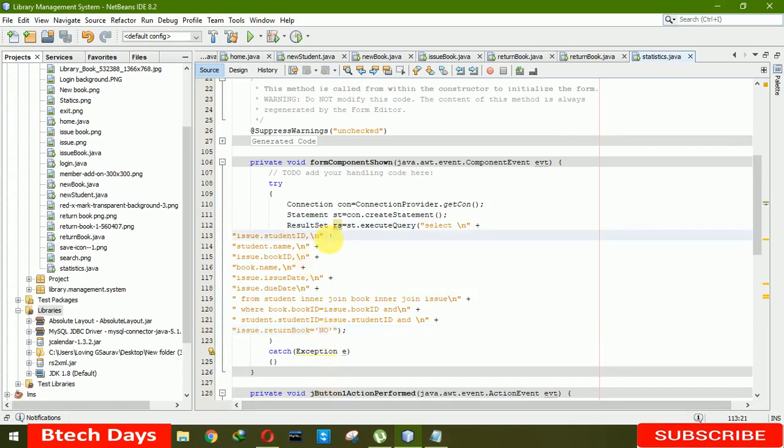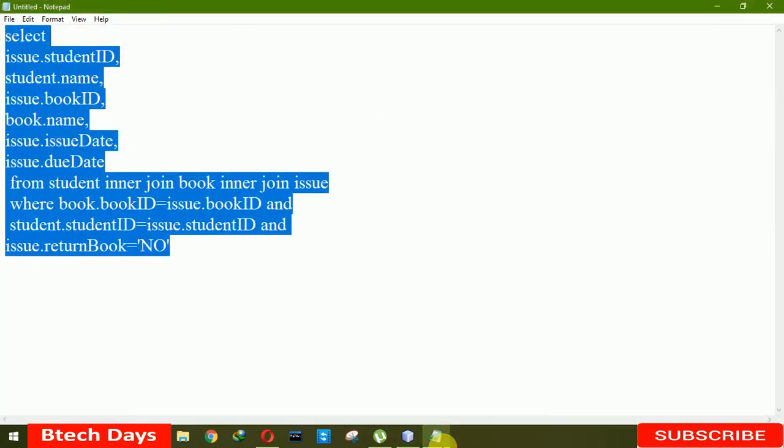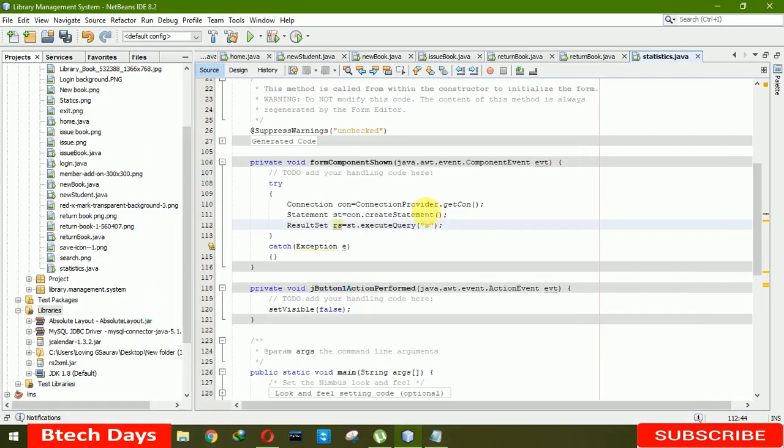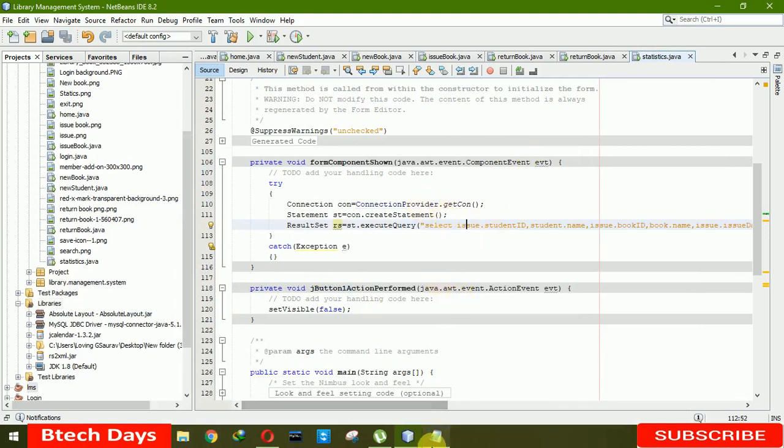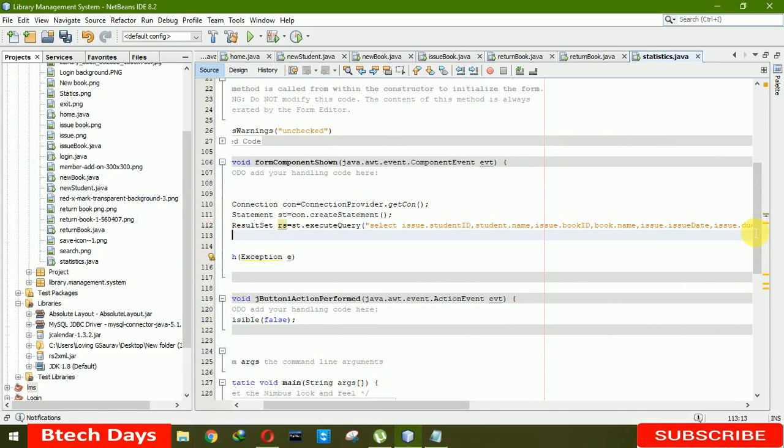No. We have to write the codes for this one by one. Let me write this code. Select issue. Here you can see that I just write the same query here. And this one is for table 1. So let me write this query. Let me set this value to table 1 dot set model